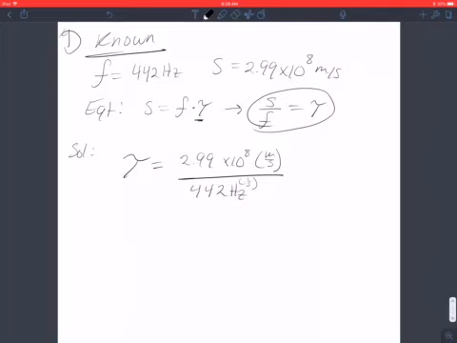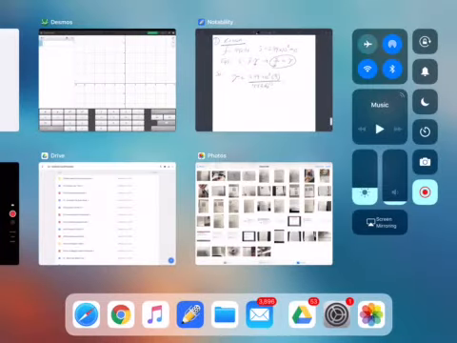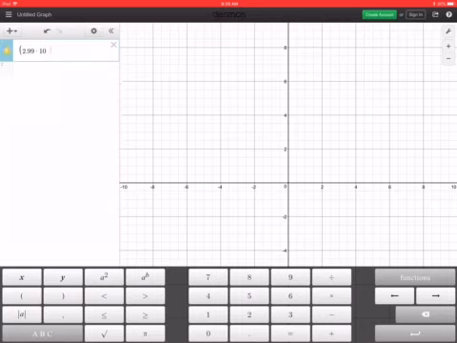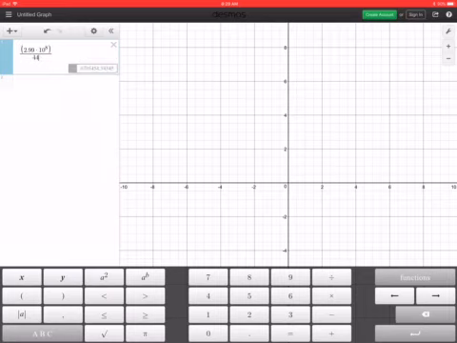Now, we have to go to Desmos to plug this in. Desmos. Now I have, remember to use parentheses to keep everything together really neat. So we have 2.99 times 10, our exponent, to the 8. And we'll make sure we switch over and close the parentheses. Now we'll divide it by 442 hertz. Now that gives us,